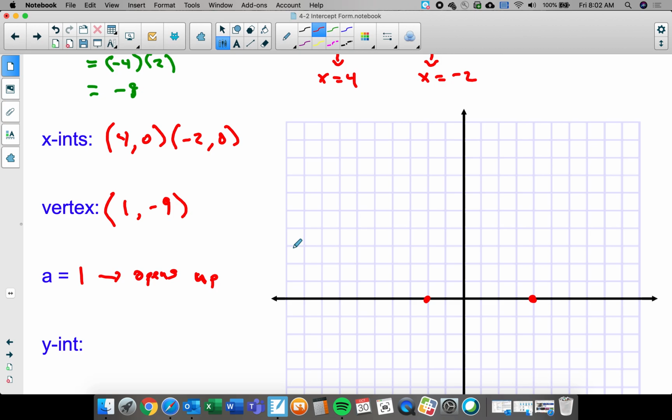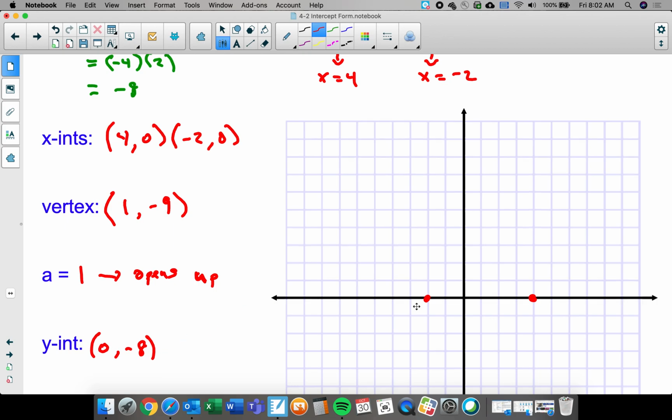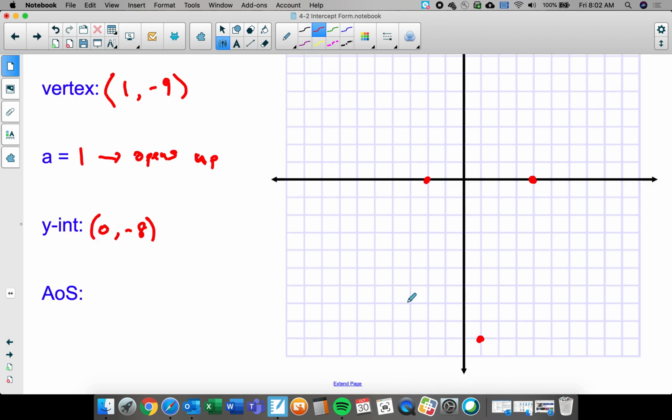So I know my y-intercept. When I plugged in 0 for x, I got negative 8 out for y. So I can once again plot that point. There's 0, negative 8. And again, if we use the idea of symmetry, there's a point that's symmetric on the other half of the parabola. And the axis of symmetry will still be x equals 1, right down the middle. So once again, if I put that in,